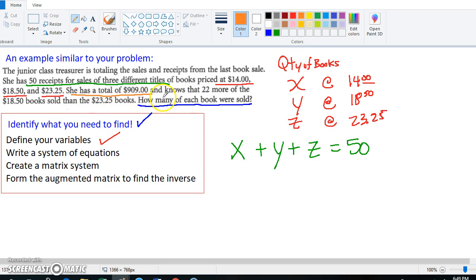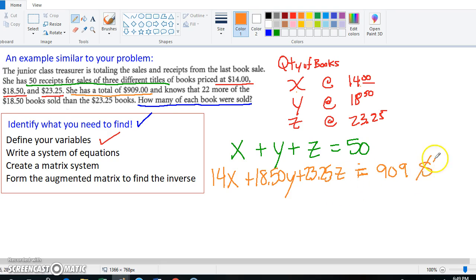She has a total of $909. So how are you going to get money out of this situation? Well, you have your X books at $14, so that's 14X. Your Y books at $18.50, and your Z books at $23.25. And so there's our second equation that's really talking about money. The first equation was talking about quantity of books sold. Okay. All right, lastly, we've got this